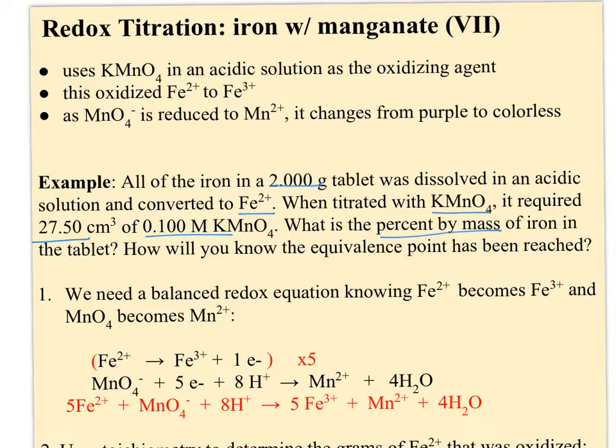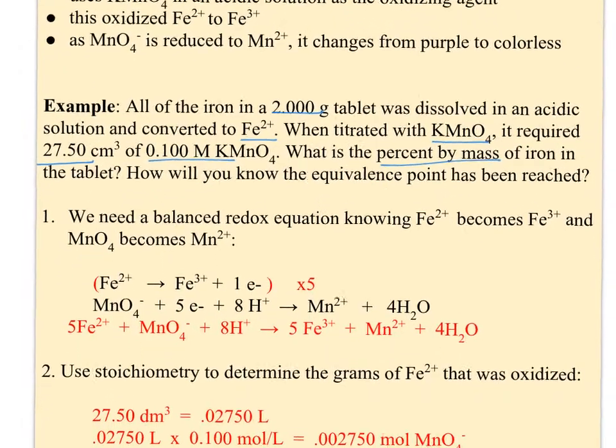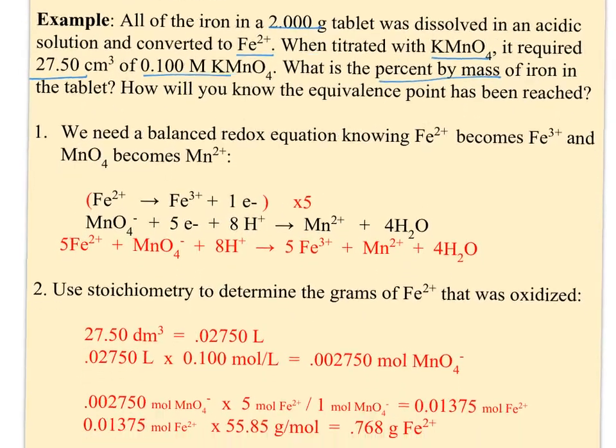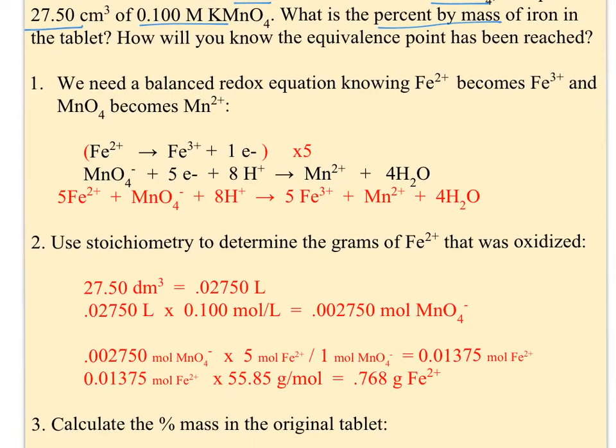So for starters, we need the balanced equation for KMnO4 and iron ion. So if we look at this, we have Fe2+ becoming Fe3+, so that's a loss of 1 electron. With permanganate, we have MnO4- becoming Mn2+. That's a change of 5 electrons. So I add the 5 electrons to the reactant side. Because Mn2+ does not have any oxygen associated with it, I also add the 4 H2O to the product side. And then I have to add the 8 H+ to the reactant side to balance my charge and